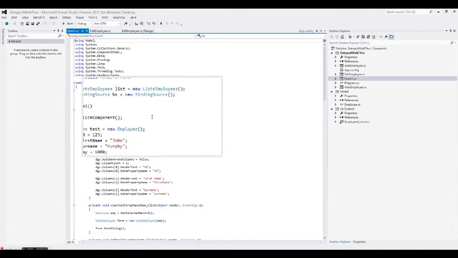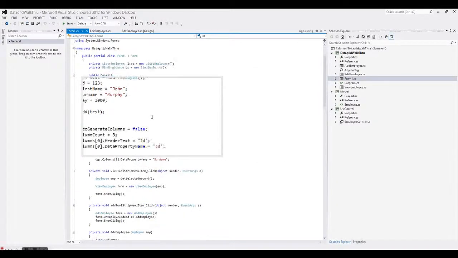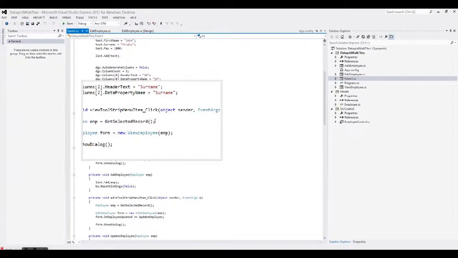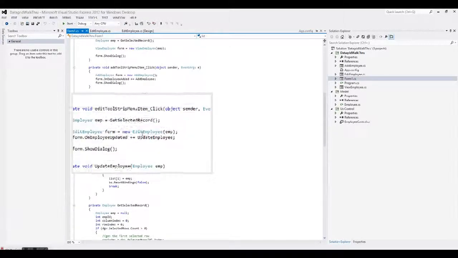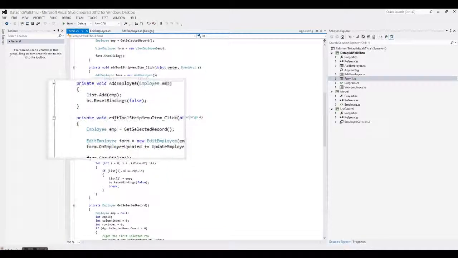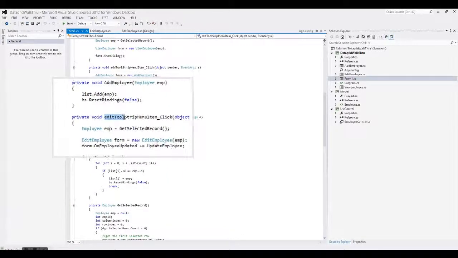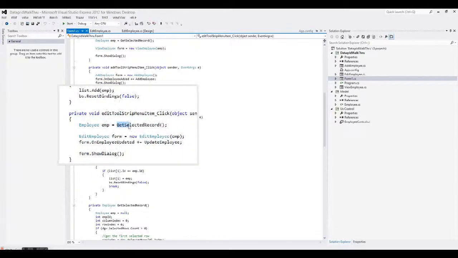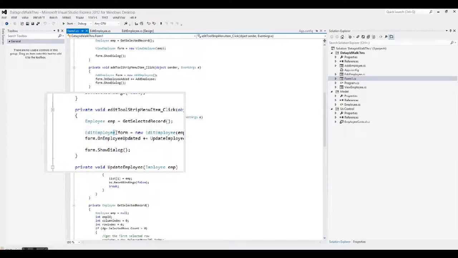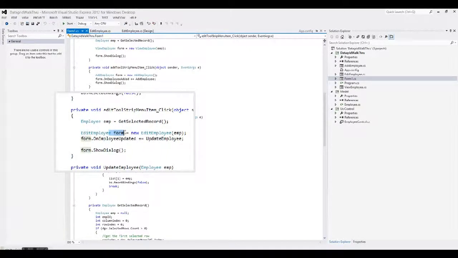So again, going back into our Windows form, form1.cs, the form that has the data grid view. If we go down to the edit section, what we'll see is we have our edit tool here. So this is the menu click method. So when someone clicks on the edit menu, this is the code that gets triggered. And so previously we have gotten our employee record, then we create an instance of our edit employee form, and